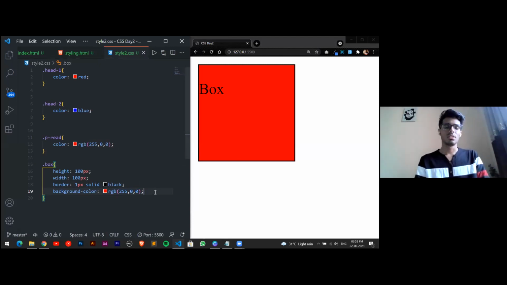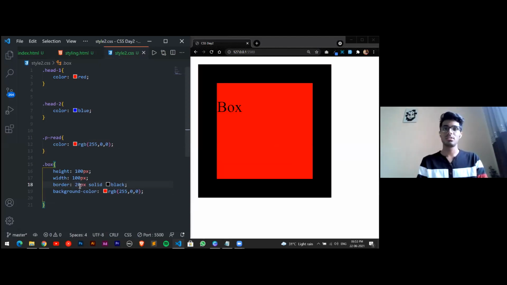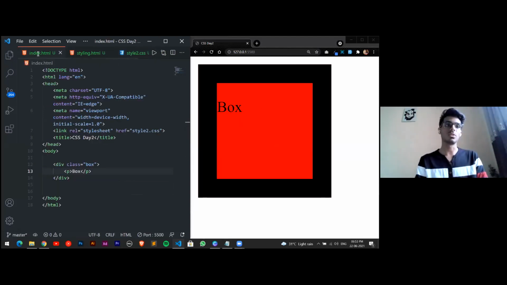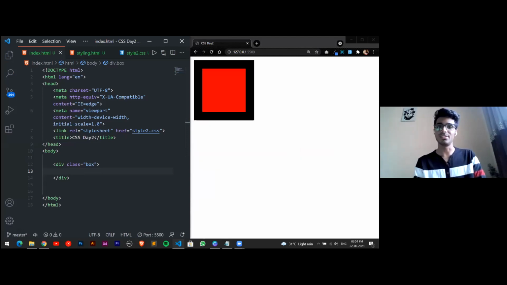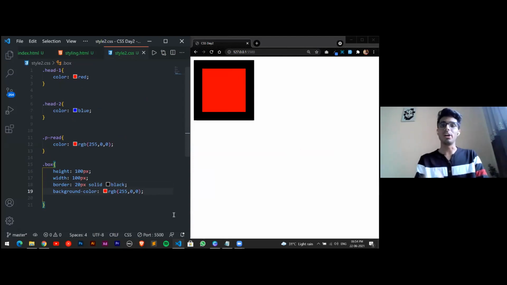Now this is the border, so I'll just increase the size of the border so you can at least differentiate. See, this is our border, this is our content. I'll just remove this so you don't get confused. Inside this div we'll be storing any content which we want to be stored. I've zoomed the screen, that's why this box looks bigger; otherwise, at 100 pixels, you wouldn't see it well. It would be like this. Now this is the border property which we have applied till now. This is our content, this is our border.